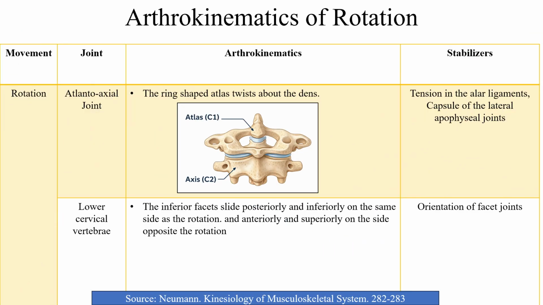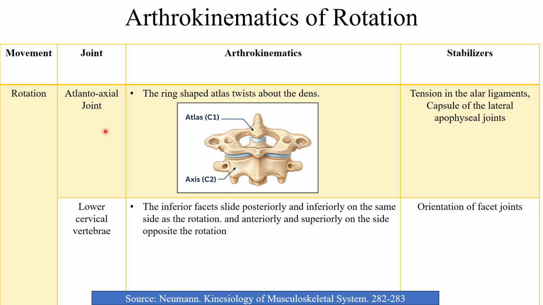So looking at the arthrokinematics of the third and final movement, which is rotation, as we discussed earlier, there is a ring-shaped atlas around which the dens of the axis is present, which allows it to spin around in the rotation movement. So the atlantoaxial joint is stabilized by the tension in the alar ligaments and the capsule of the apophyseal joints. Now we have not discussed the atlantooccipital joints here, as discussed before, because the movements coming for rotation